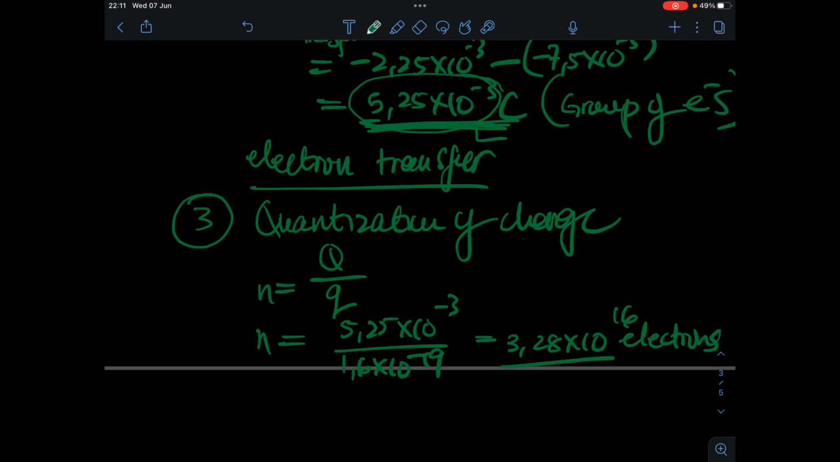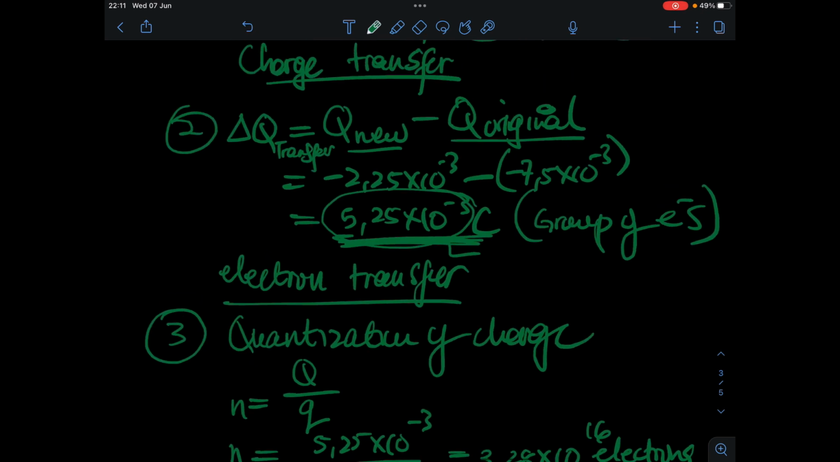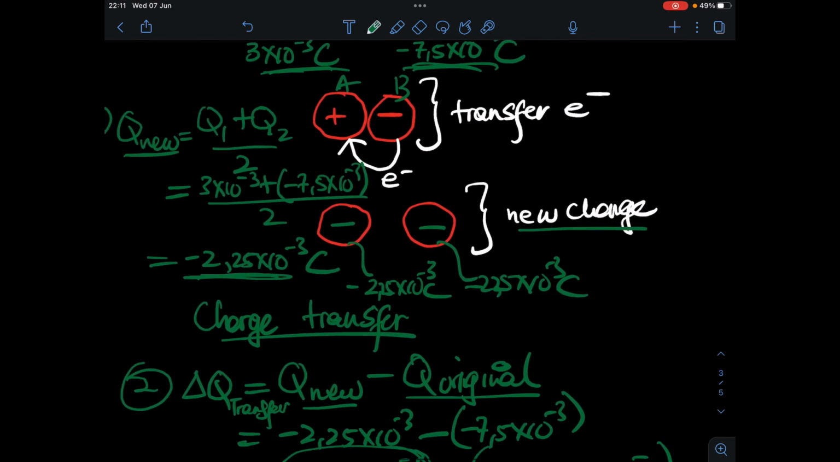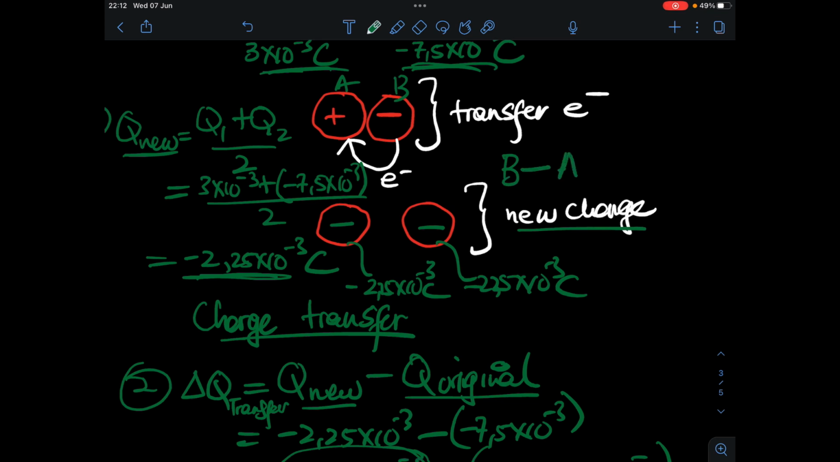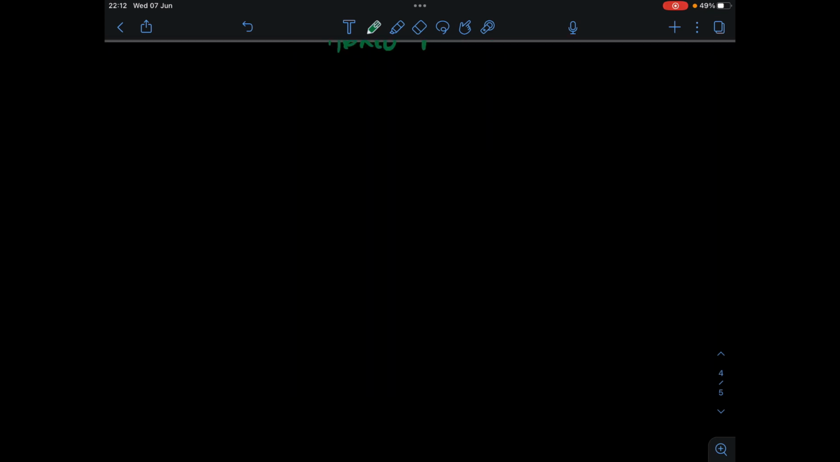So this is the number of electrons that were transferred. The number of electrons were transferred from B to A. Remember, the transfer is from B to A. Right. So guys,